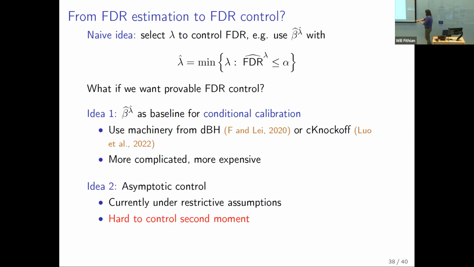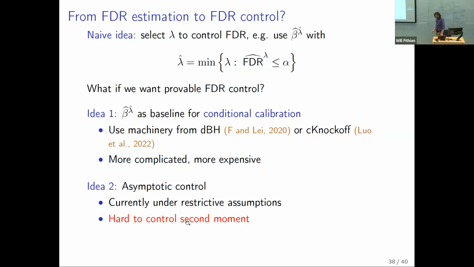Another idea would be to stick with the simple method that we have and try to prove control in large problems. I believe that in large problems we should have asymptotic control. Empirically, it seems to be true. Currently, we can only show this under fairly restrictive assumptions, namely that we'd have independent blocks. If you have orthogonal blocks in the design matrix, then we can prove asymptotic control. But the moment you go from orthogonal blocks to a banded X matrix, you would think you could still prove asymptotic control. I think that you still have asymptotic control, but it's just hard to